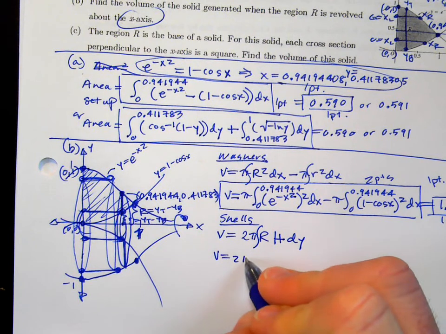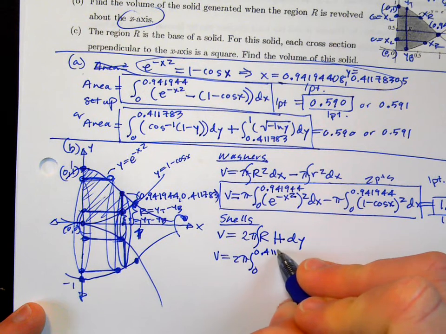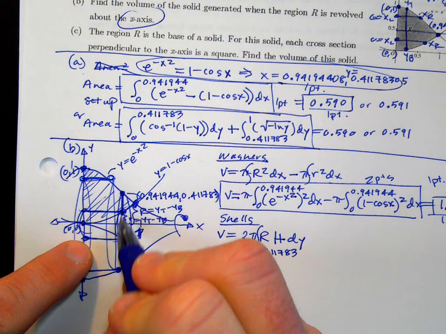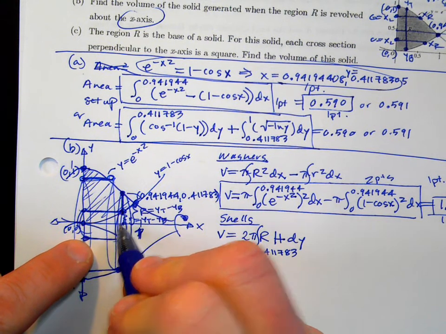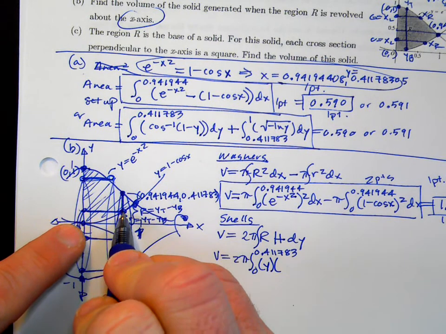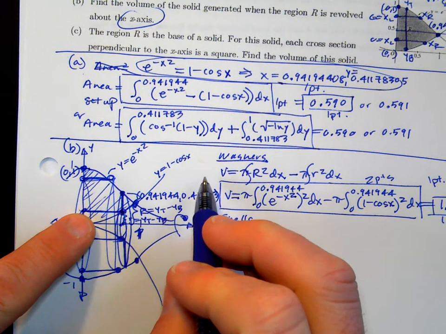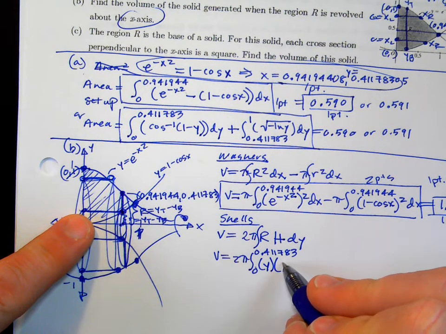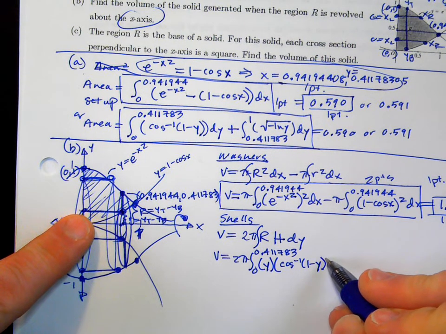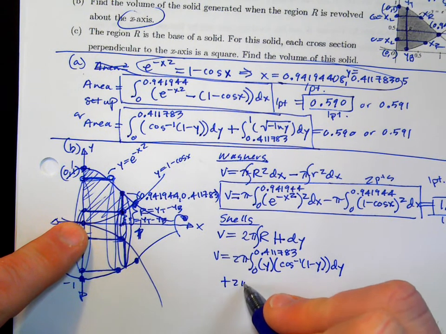Now, for us, we're going to have to go 0 to 0.411783 for the first ones. The radius is y top minus y bottom. It's whatever y we're at minus y bottom, which is 0. So it's just y. The height is the thing that depends on the shells. It's x right. This first one is x right minus x left. So it's x right. It's that cosine one that we wrote earlier. Inverse cosine of 1 minus y minus 0 dy. And then we have to add the next one,